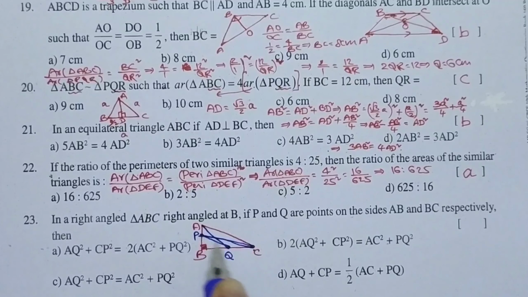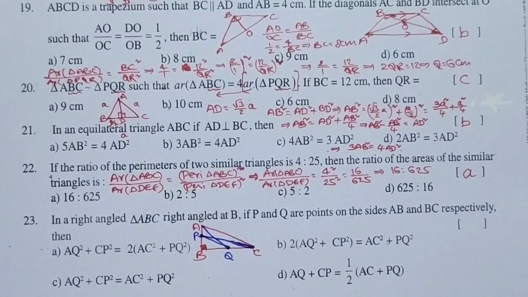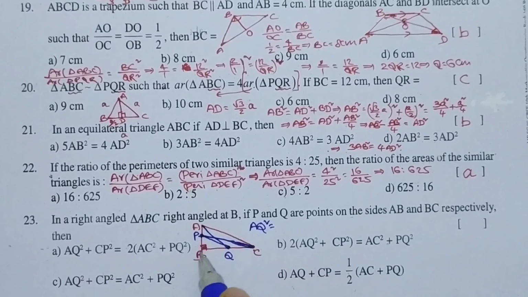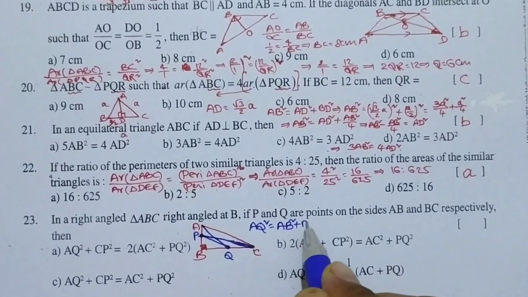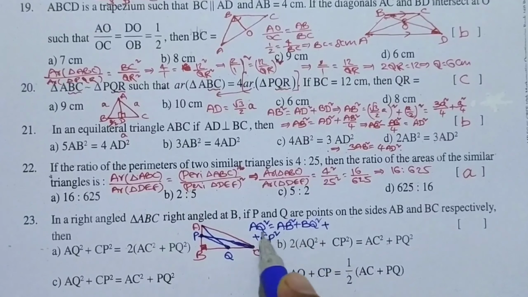Now if you understand carefully, we have ABC, ABQ, PBC, PBQ, 4 right angle triangles. So let us apply Pythagoras theorem for all. If I take AQ square from triangle ABQ, AB square plus BQ square, at the same time I am adding CP square. So for AQ square I am adding CP square. CP square from triangle PBC can be taken.